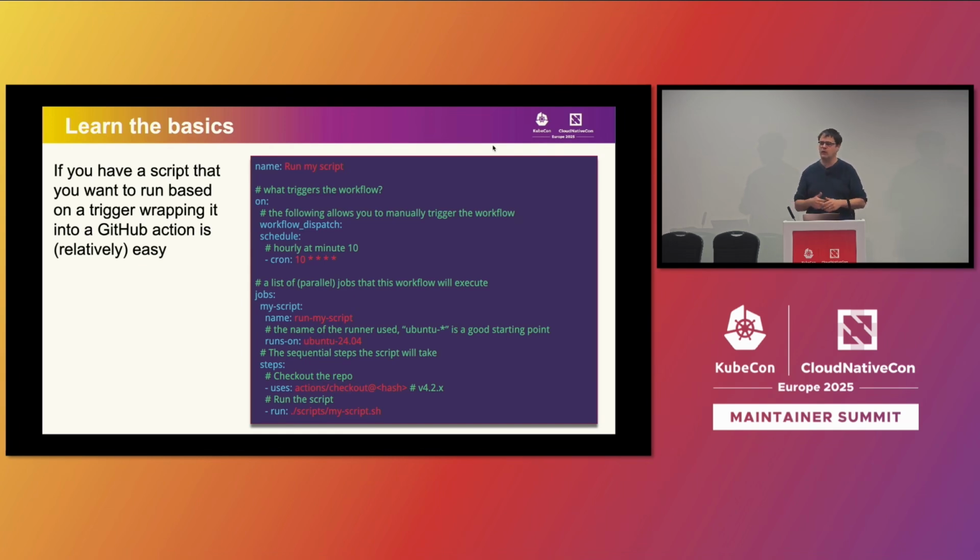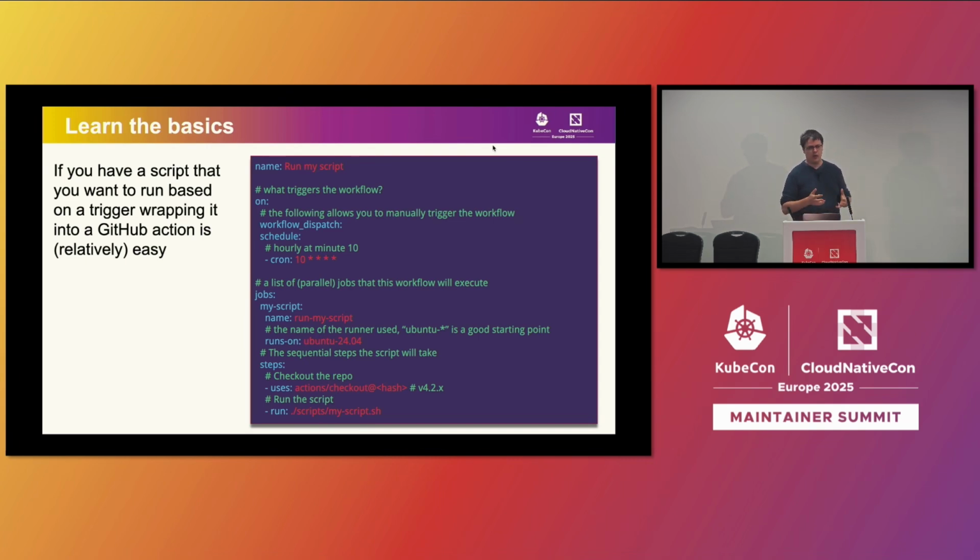One thing I always recommend while you're still building is the so-called workflow dispatch. This is something you can trigger manually. So this is still going half the way to full automation: I have a GitHub action and I can run it by the click of a button. This is especially helpful when you run your script locally, put it into the GitHub runner, and it's not working as expected, which happens most of the time. Then you can use the workflow dispatch and try it out a few times and figure things out. And then you give this thing a list of jobs.